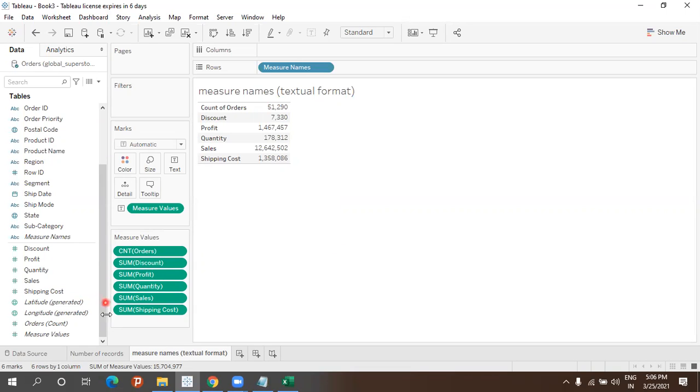Why? Because whatever is generated here, everything is there in measures on the left side: discount, profit, quantity, sales, shipping cost. The only one which is auto generated when I drag and drop measure values into the text, which one is that?